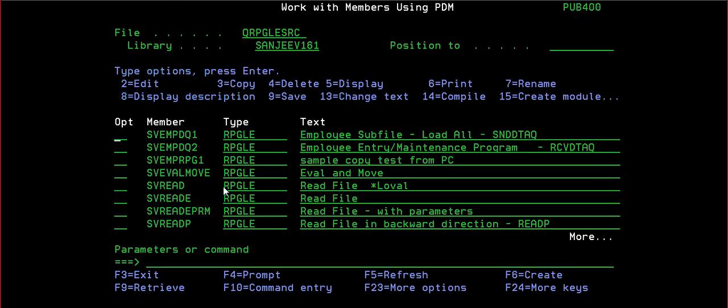From SVMP DQ1 we are sending data into my data queue, and in the next program I am just receiving from the data queue. So now my program communication is happening through a data queue instead of parameters. So this is how a data queue works.